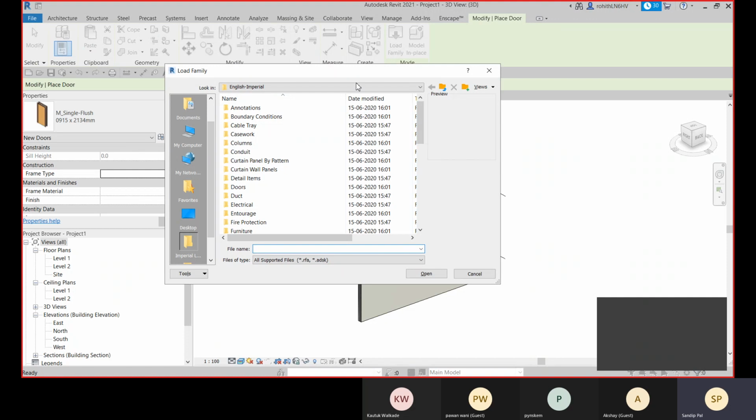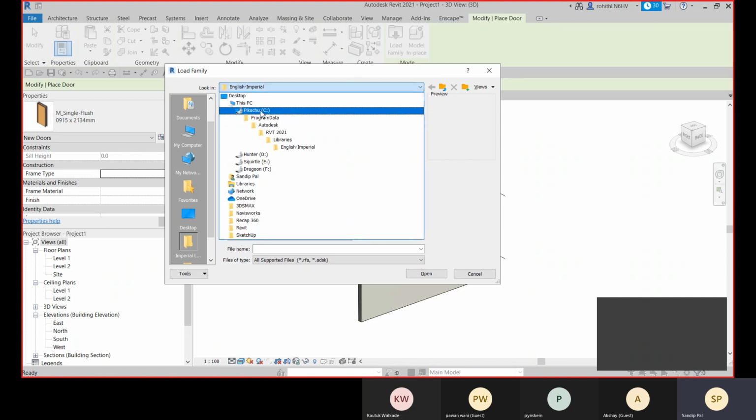So when you click on this load, you will get this direction. So where your files are saved within the C drive, you have the program data and then Autodesk folder and then RVT, the version name.